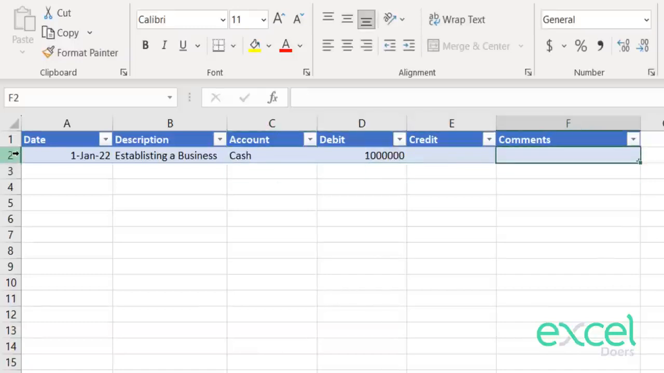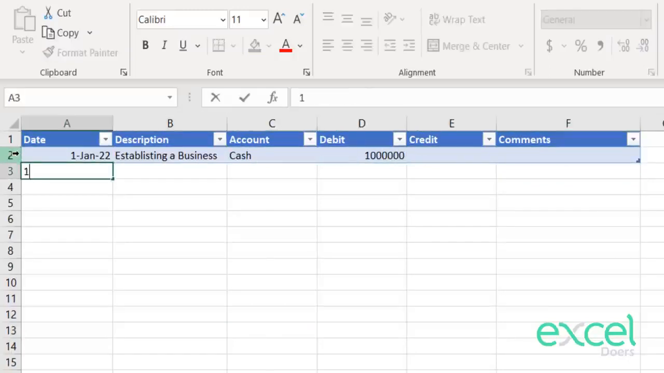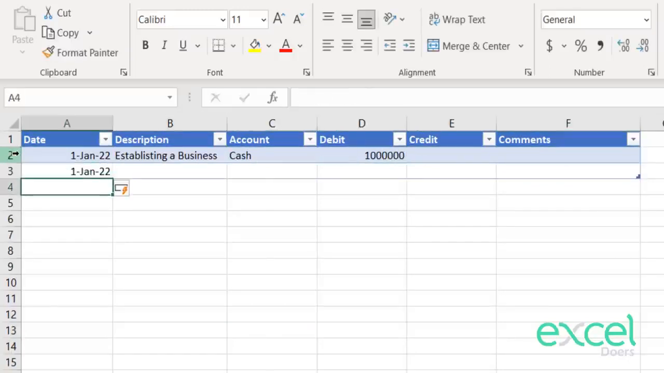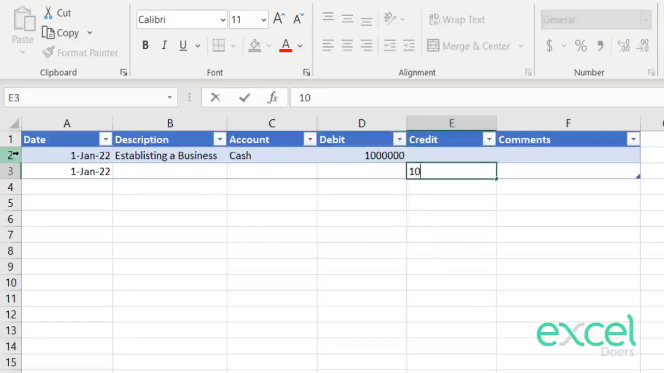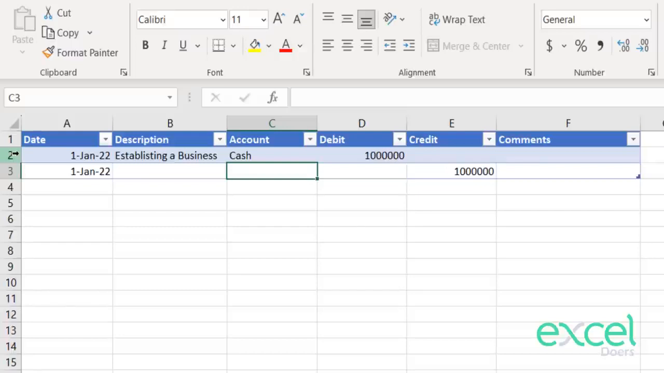So if you want to give a comment, it's an optional field, it's up to you, right? So 1st Jan 2022, now I have to give a debit impact, because every debit has a credit impact and every credit has a debit impact. So since I have given the debit impact, I have to give the credit impact as well. So 1 million is coming into the equity